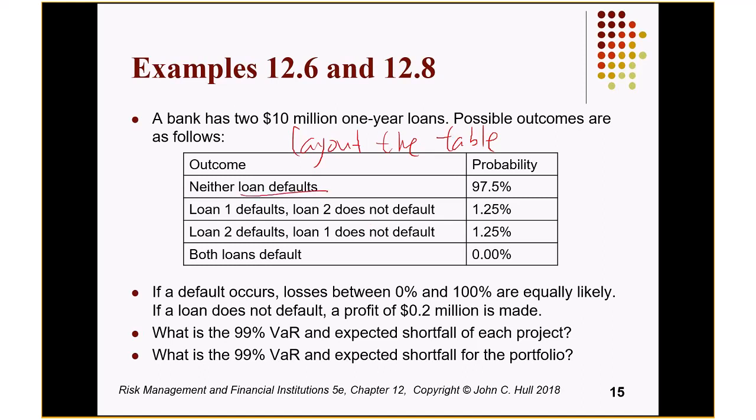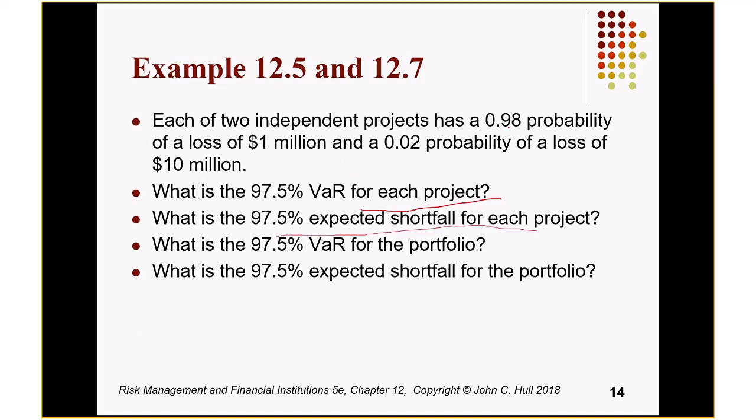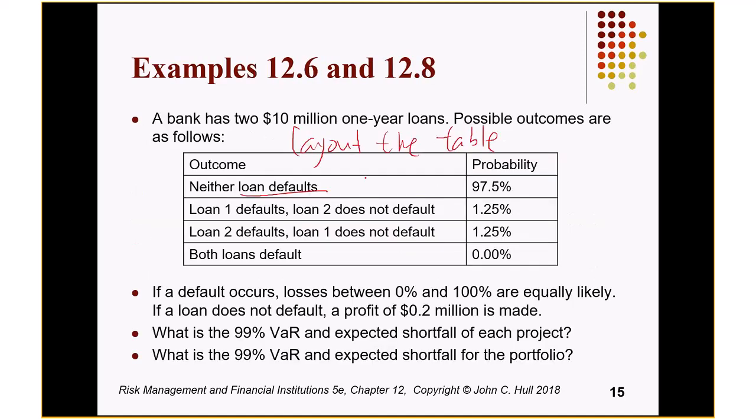So neither loan defaults, right? How do we calculate it? Because the default rate will be 2%, right? So if neither of them defaults, that will be this, and that equals this, right? And then if one of them defaults, right, 2 times 0.98, that will be this. And then if loan 1 or 2 defaults, it will be the same, right? So that's why we have two of them. Both defaulting would be 0.02 times 0.02. It's not technically 0, but if you look at 1 or 2 basis points, it is 0.00. Okay.